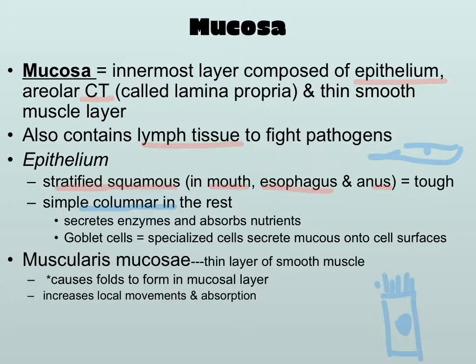and we'll talk about those later, that kind of makes them look like they've got a hairy lining there. But the simple columnar epithelium is really important in that absorptive process, and because these cells often secrete enzymes that are going to contribute to digestion. Additionally, there's a special cell called a goblet cell that's embedded in these columnar cells that secretes mucus, and we'll talk about the importance of that later.